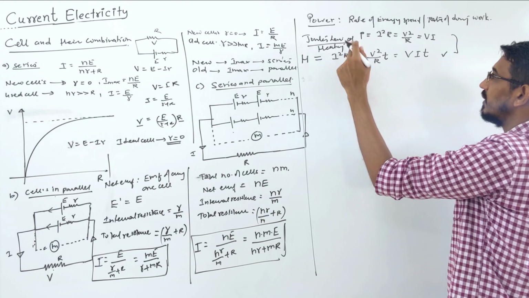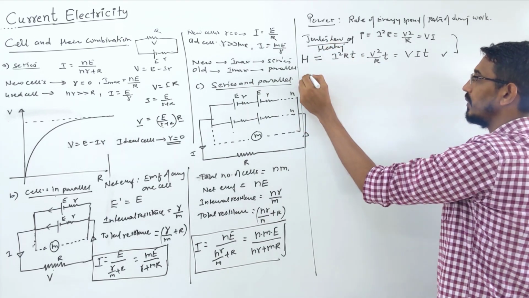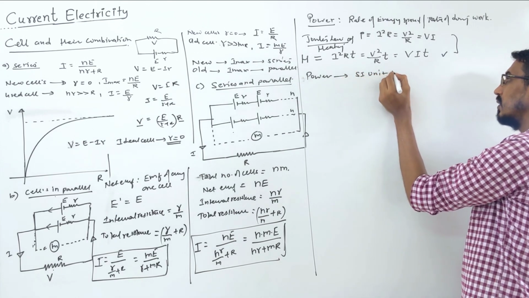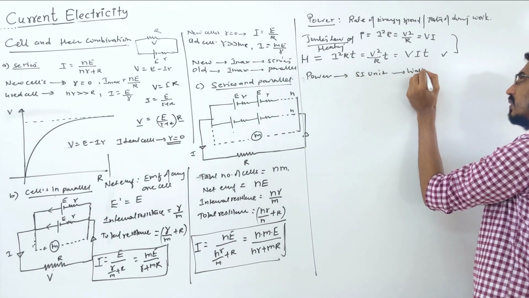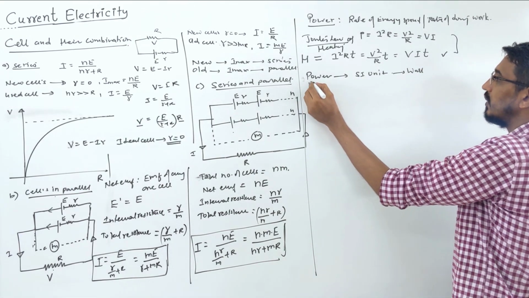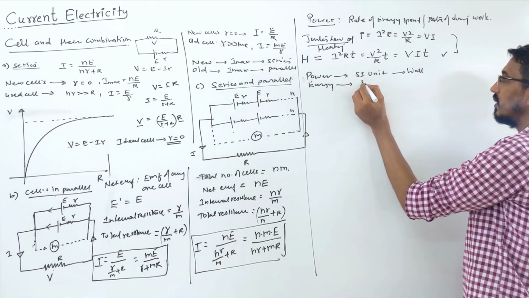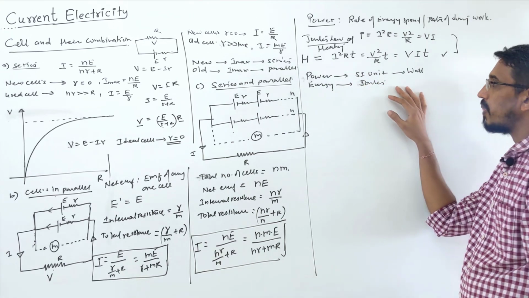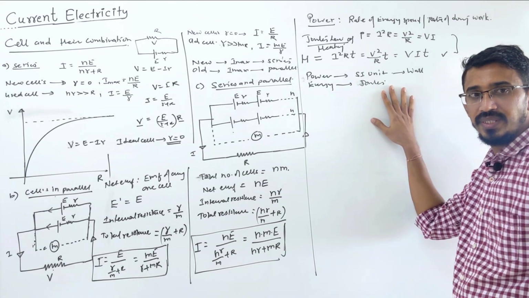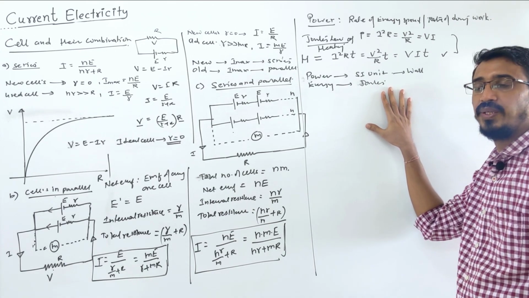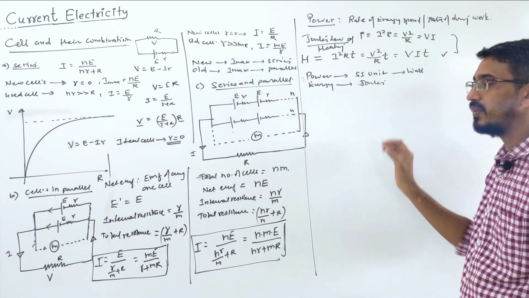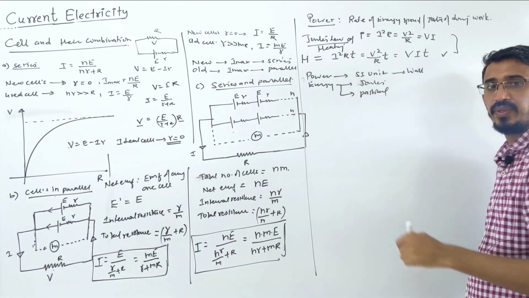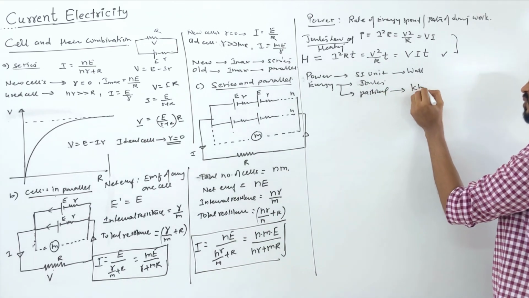Before that I want to tell you the units also. Power unit, you know. What is the SI unit of power? Yes, everybody knows, watt, correct? And energy you have learned in all chapters, we call it joule. People confuse, but generally for energy the SI unit is joule, but the practical unit is kWh, kilowatt hour. So the practical unit of energy that we will use generally in this chapter is kWh, kilowatt hour.